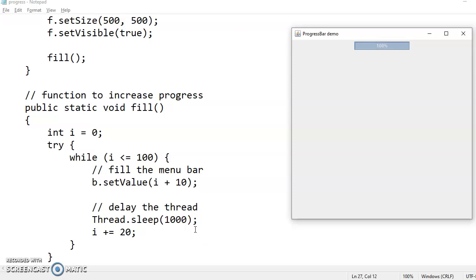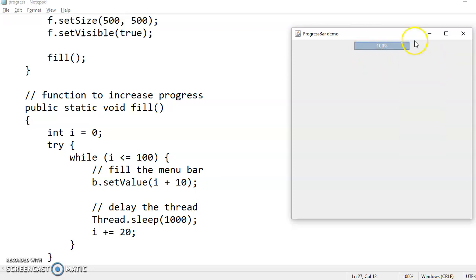So in this program, we just have created a frame, a panel, then a progress bar with orientation as horizontal, which is the default, and initial value of the progress bar is set to 0. Maximum obviously is 100 because we are showing in percentage form.